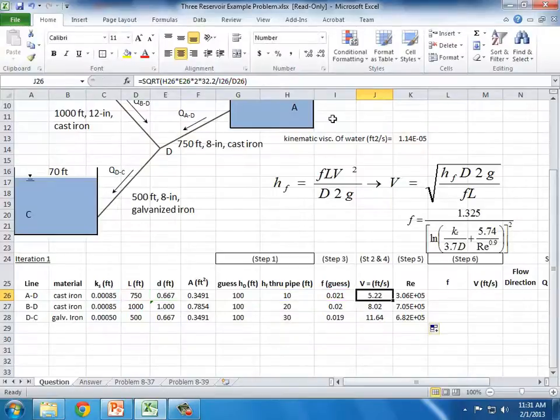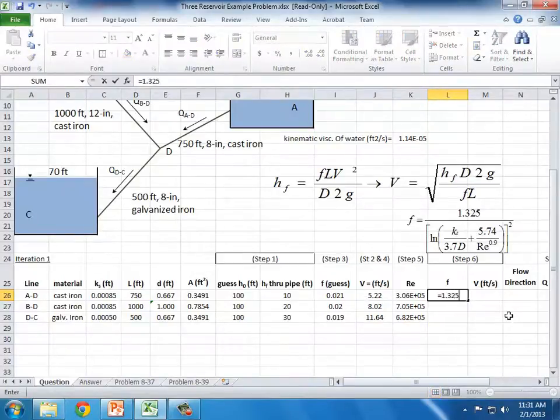Okay, so now if we know the Reynolds number, we're going to calculate F, this time using the Swamee-Jain equation. So 1.325 divided by ln of K sub S divided by 3.7 divided by D plus 5.74 divided by Reynolds number